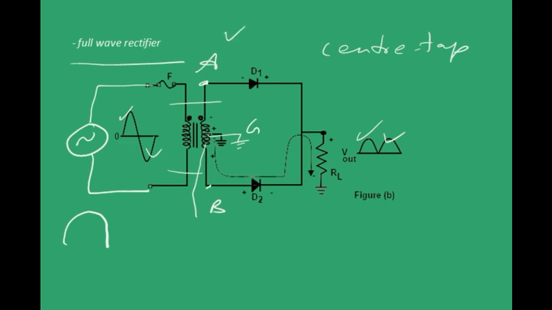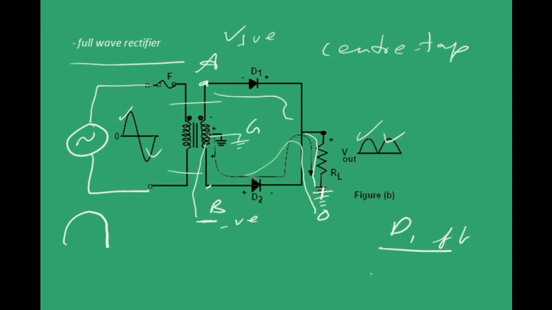A will be at higher potential than ground, so A will be positive, say, and B will be less than G, right? So it will be negative in potential. This point is anyway grounded. Okay, so what can we say? Here A is at higher potential and it comes this way, and finally it is grounded here. So D1 is forward biased and hence D1 conducts. And what about D2? Here B is negative, observe that, and it comes to ground here. So D2 is reverse biased and hence it doesn't conduct. This is for the positive half of the cycle.